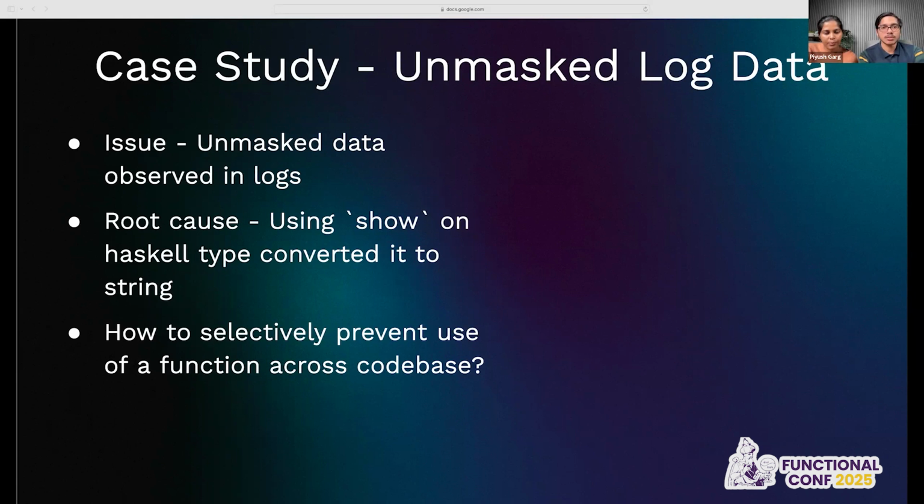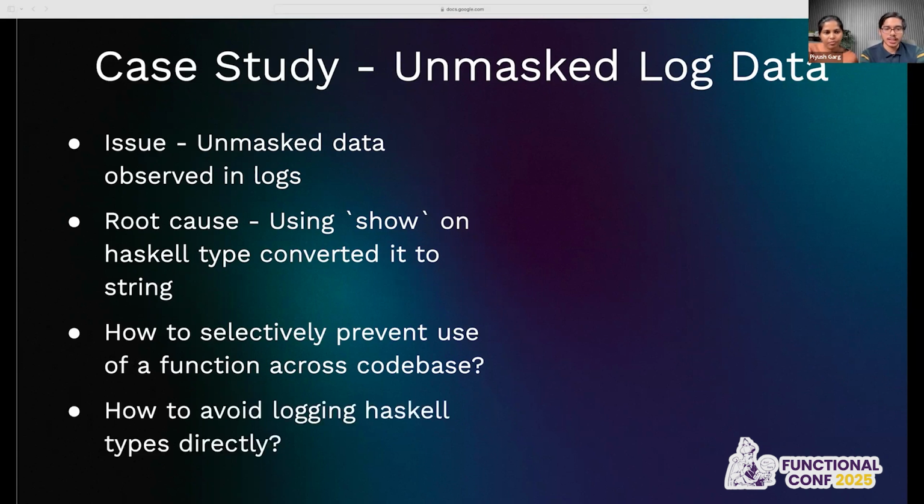So we needed something to selectively prevent this, to only disable show if it is on a Haskell type during logging, because that is what's causing the issue, not the show function itself. It was the usage of show inside the logging. Logging might sometimes get double stringified, and sometimes it's hard. The logging pipeline might break. We don't want that to happen, but we don't want to restrict this everywhere, only on a particular type we want to restrict,